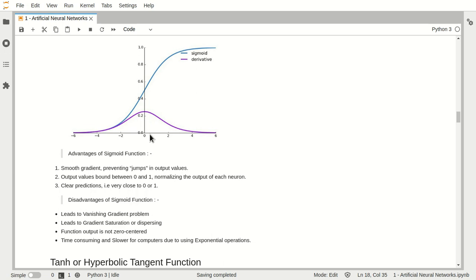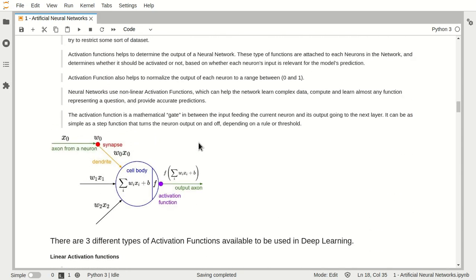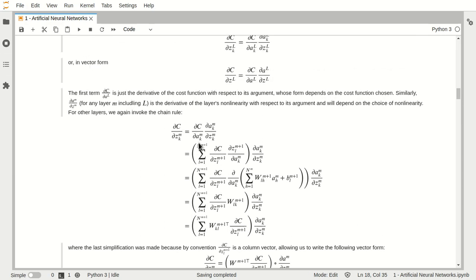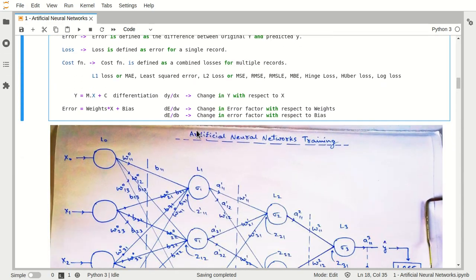So now we will try to do what? As we are saying this dE upon dx, see, these two types of changes that we have done, right? Here we have calculated. So this change will tell me that, okay, fine, this error is depending upon weights, how much it is depending upon the weights, and how much our error factor is depending upon the biases. So these two changes we will try to consider.